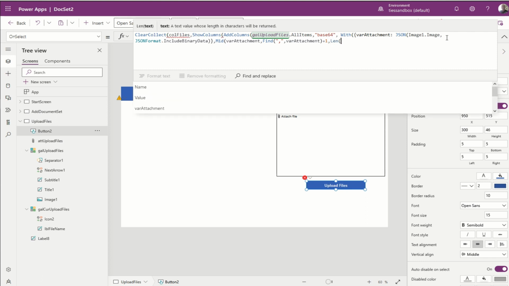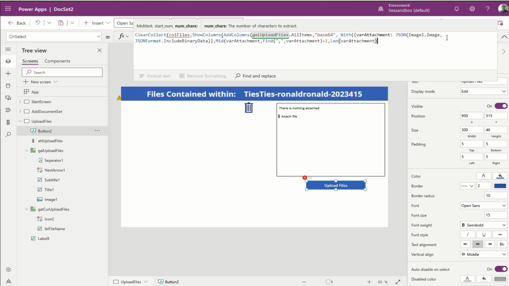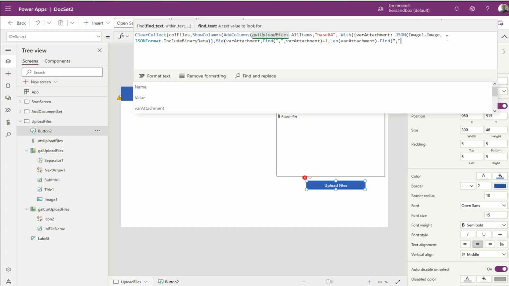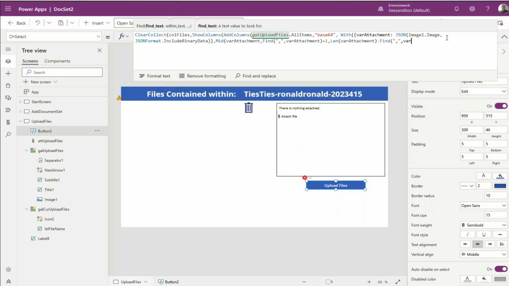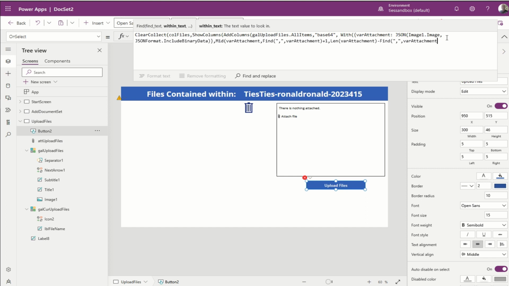Then var attachment minus find var attachment -1 1 2 3 comma base 64 name,